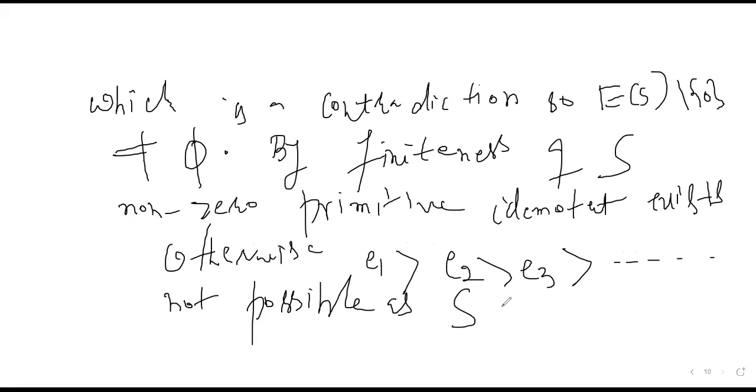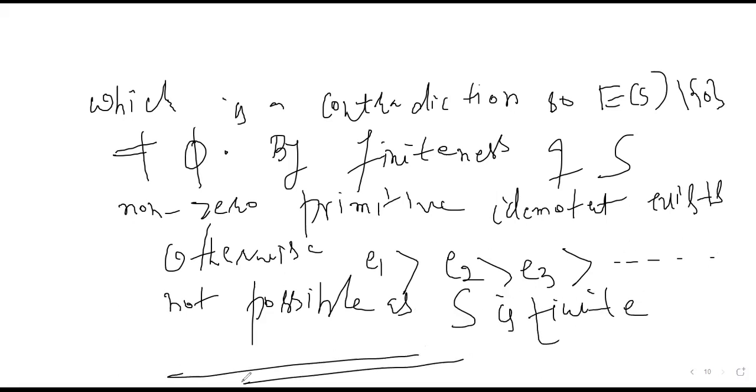So what we conclude here, and this proves the proposition, is that every finite zero simple semigroup